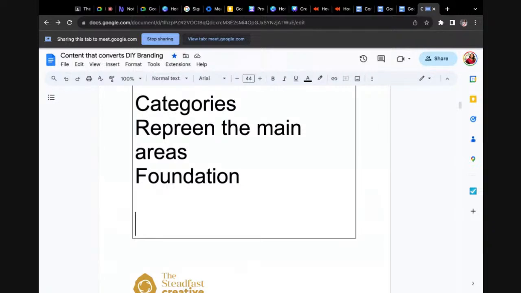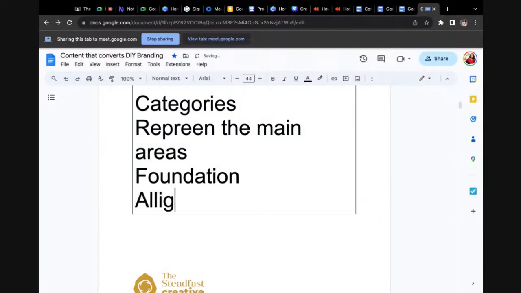So, each pillar does something. Each pillar is aligned with a key aspect of your business. So the pillars are not just done in isolation, they're aligned with a key aspect of your expertise, your business, whichever one you choose to do. So we always start with the pillars.